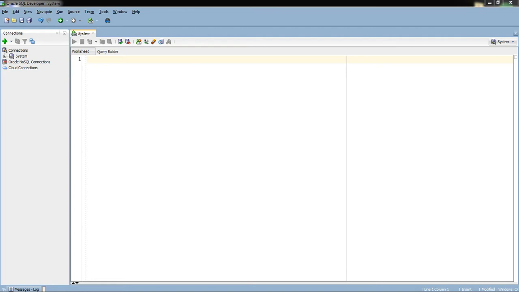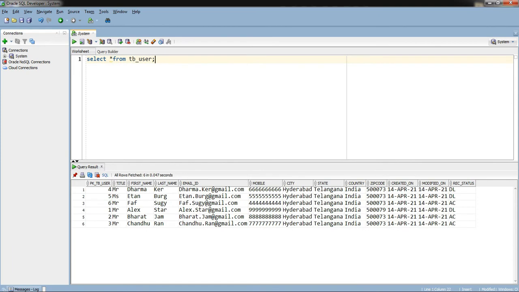So that's what I'm going to explain, or I will show you an example of how I can do that. Before that, let me query a table which has some data in my database. That is TB user. Select star from TB user. If you see, we have 6 rows in this table. Now I will try to delete some data from this, and I will try to commit it. After that, I will try to get those rows back by using a query.